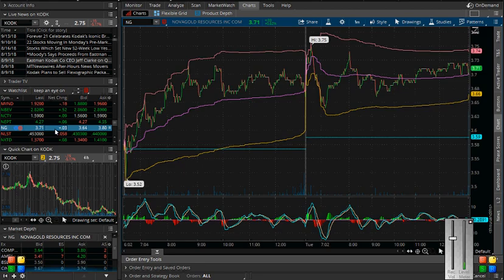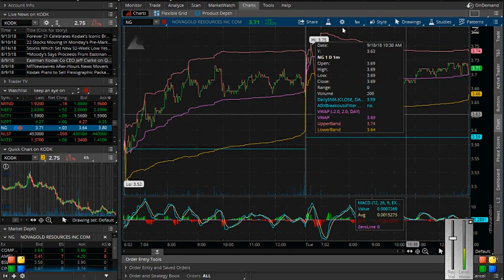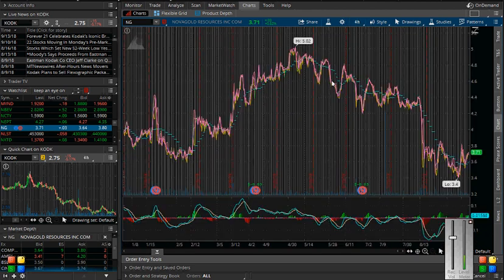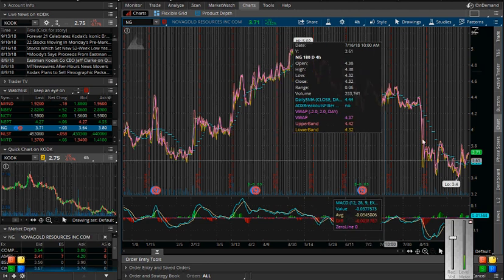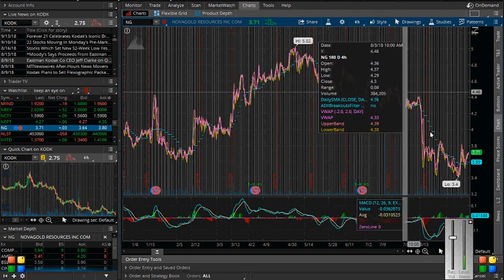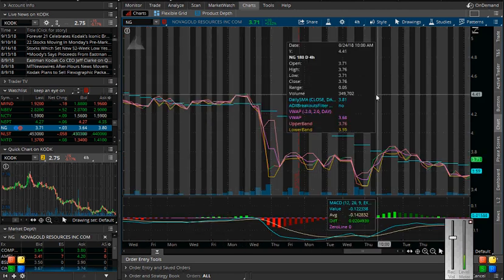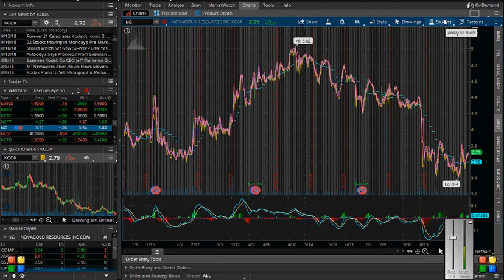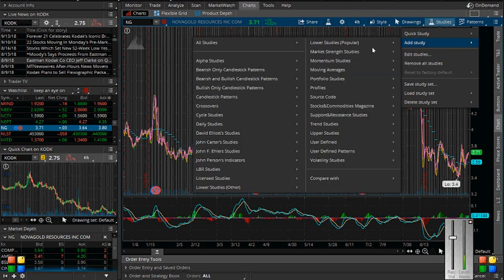And this is just a stock that I just started watching, so I don't really know much about it at this point. I'm just kind of using all these as examples, showing you guys how this works, and of course if you want to zoom in on something, say we want to look at this drop right here, we can just do that and it'll zoom in on that specific area. Then you just double click and it'll go right back out. And to add your indicators, you're going to want to go up to studies and you're going to want to add studies, and